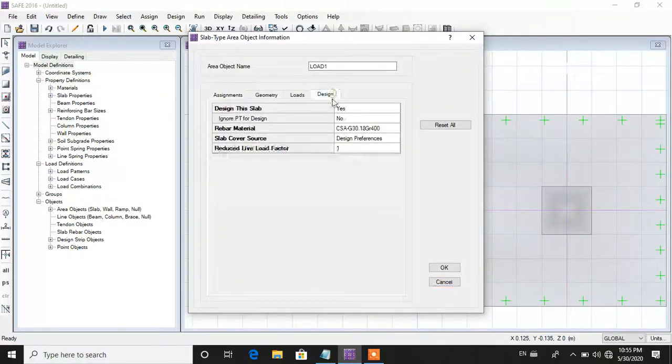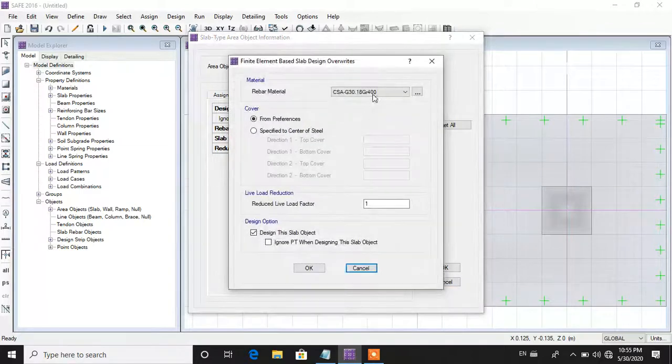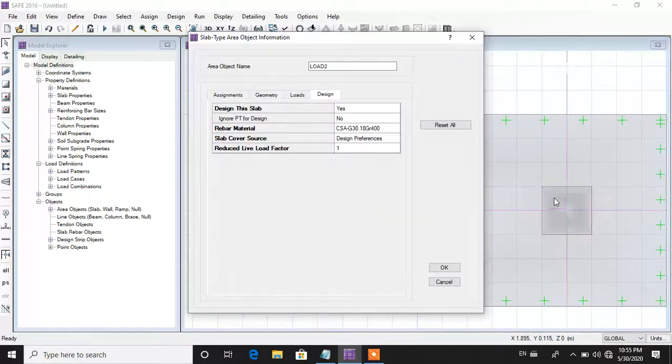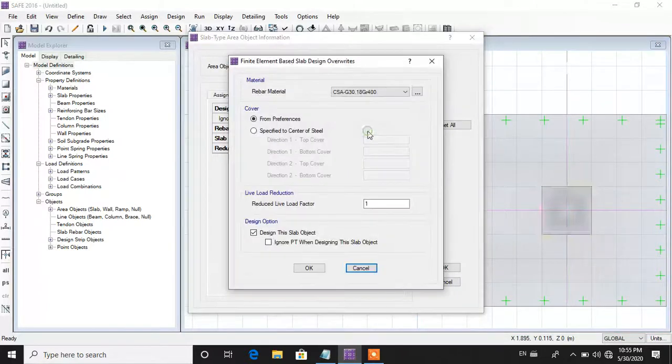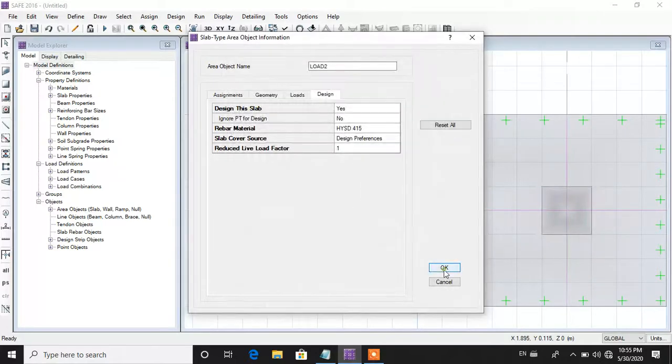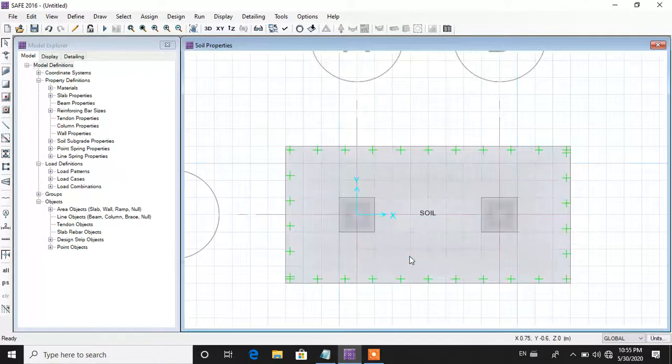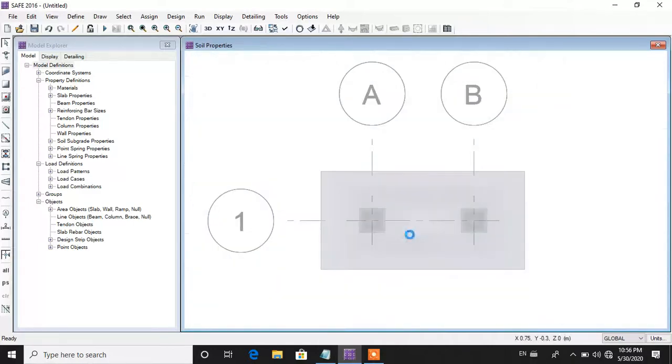So click on design, rebar material, HYST 415. Also click for this column and define the properties. All the properties of reinforcement bars and concrete has been defined for this footing.